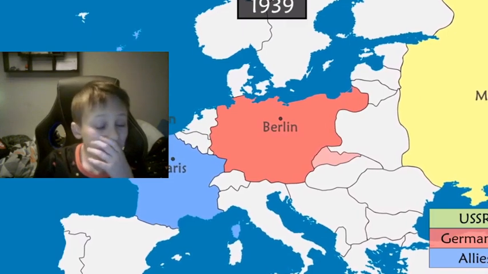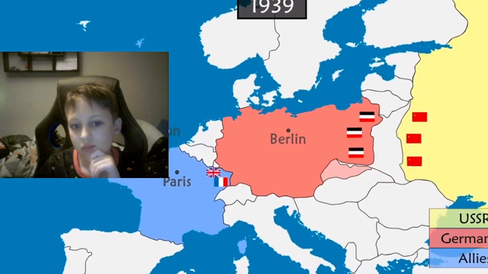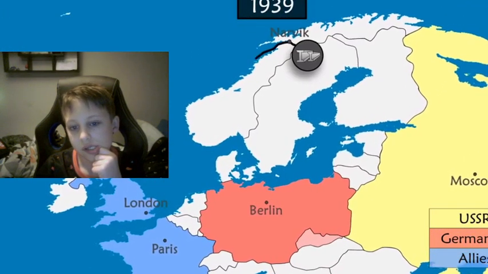Although the German forces are concentrated in the east, the Allied troops do not take initiative in the west. Instead, France and the United Kingdom try to cut the strategic iron ore route that passes through